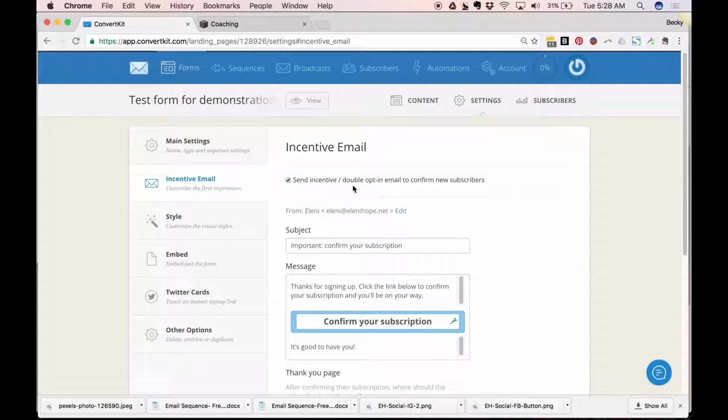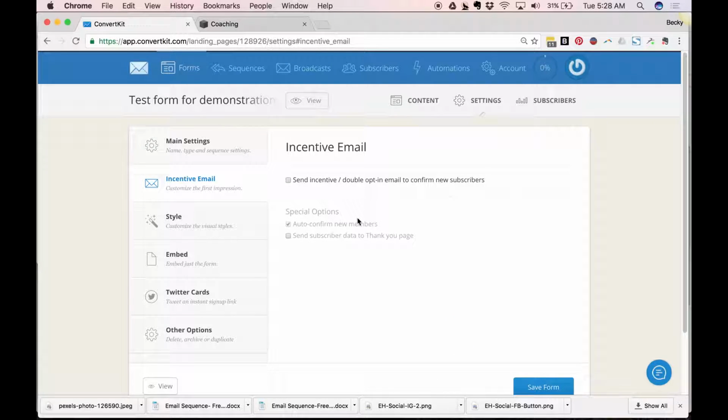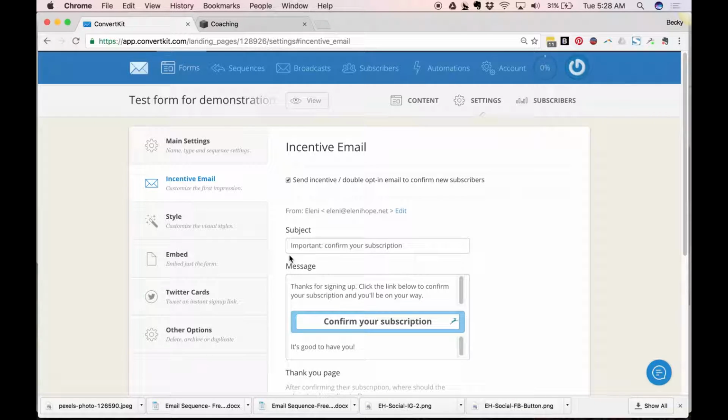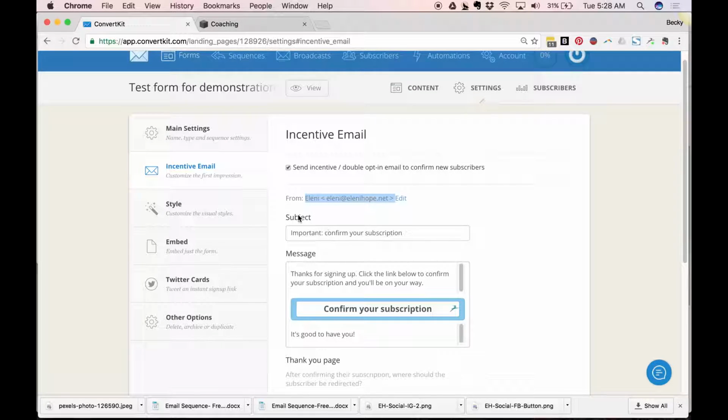So for your purposes, that's how we've got this set up. So we're going to send the incentive and double opt-in email. Just to show you, if you uncheck this box, all of this other stuff goes away because it's not needed. So the email is going to come from Eleni and elenihope.net. The subject, we can change that to be whatever we would like it to be. On a couple of your sequences, it's like, thank you, welcome,